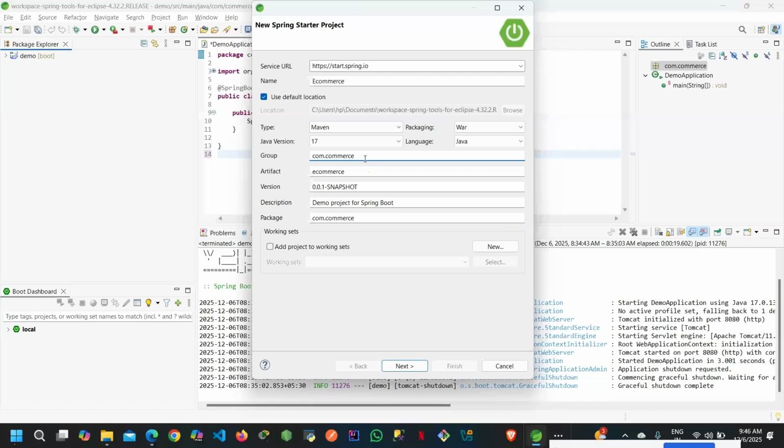Okay, this is our base package name. Then artifact is also nothing but the name of the project, right? This is nothing but the e-commerce. Then version is by default 0.0.1 snapshot. This is the version. Then description, let me write here